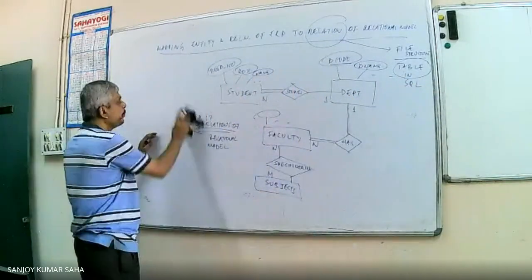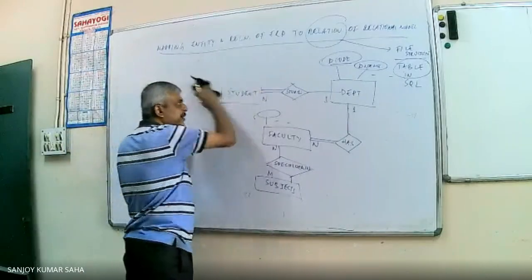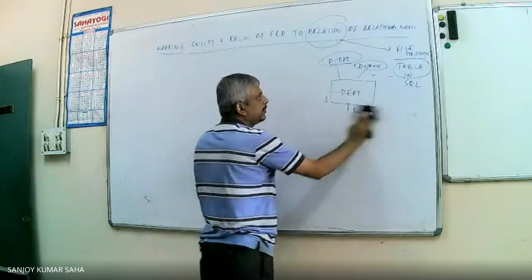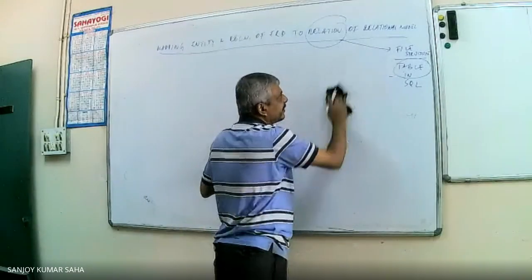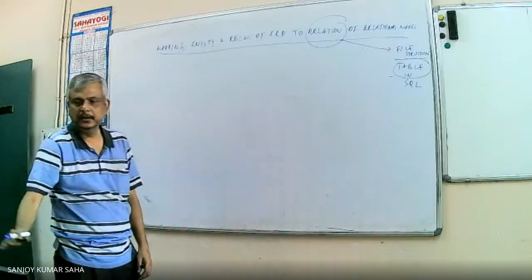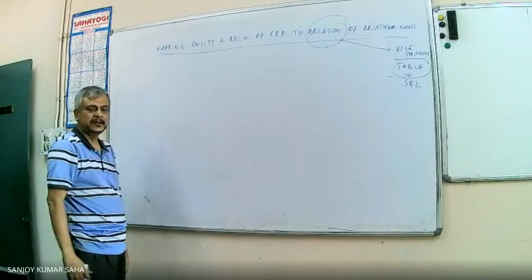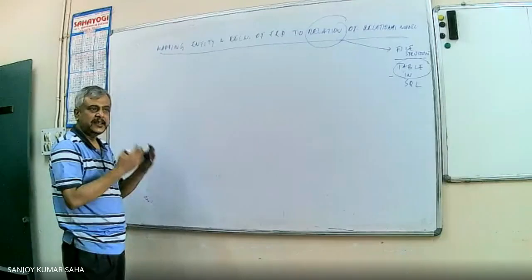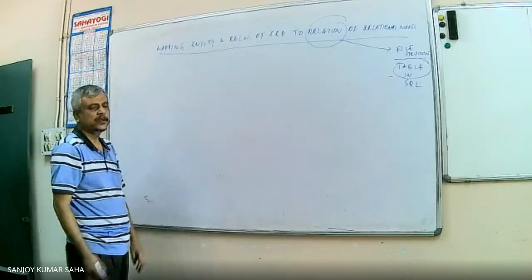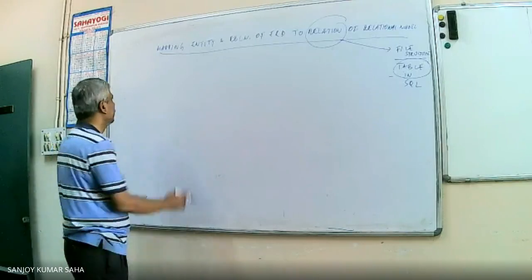So that's why it is important that we have captured the requirement. We have interacted with the end user. We have studied the system, the data requirement and their relationship. Those have been captured into the ER diagram. That is the initiation of database design. Now it has to be mapped to the relation of the relational model.